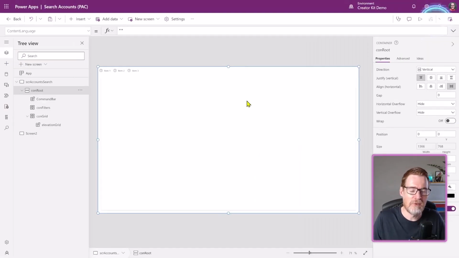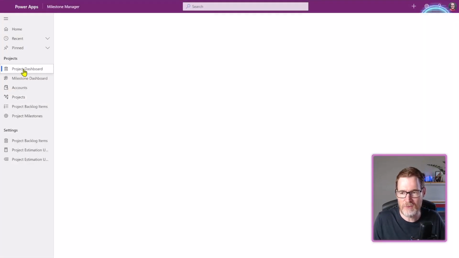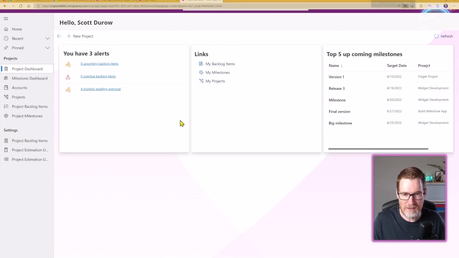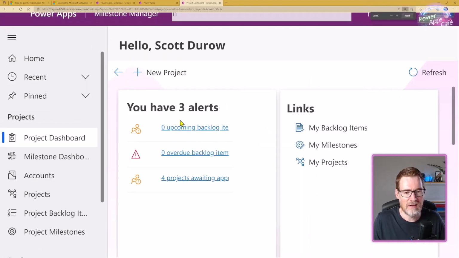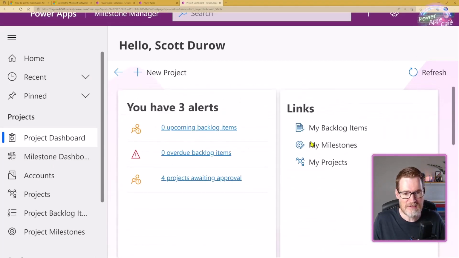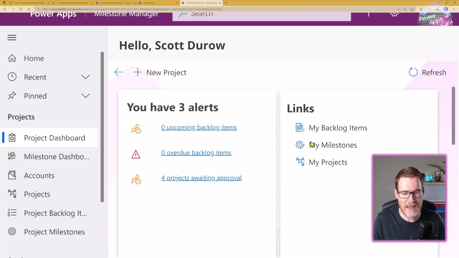So for example, if we head back over to our application here, if I go into the dashboard, you can see that we've got these kind of cards that are being displayed that show lots of information. This is like the home page. As I zoom in here, what you'll notice is that there's a minimum width of these cards, at which point you'll see that they're actually going to wrap down underneath each other. And so this is the power of these stacking horizontal and vertical containers with wrap behavior. They're very useful for this kind of user interface.